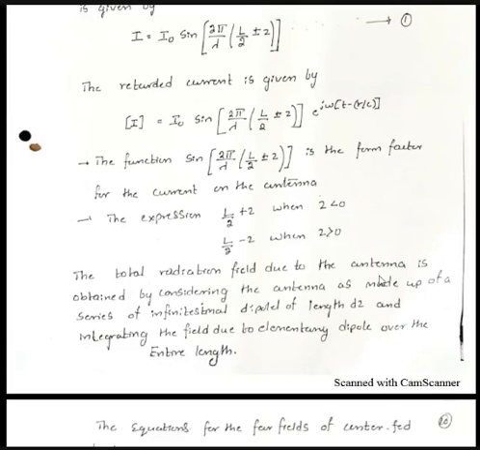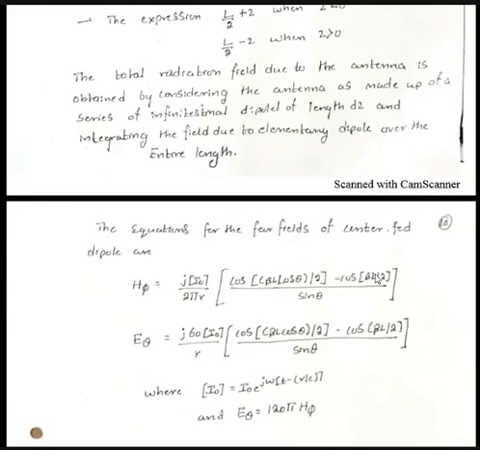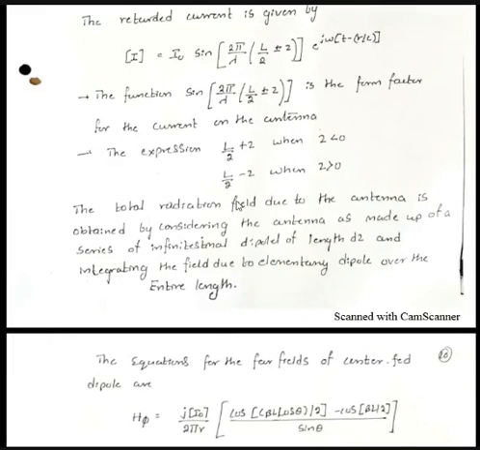The total radiation field due to the antenna is obtained by considering the antenna to be made up of a series of infinitesimal dipoles of length dz, and integrating the field due to the elementary dipole over the entire length. So what are the equations for the short dipole, or thin linear antenna, considering the far fields, if it is center fed? H phi is equal to j I naught, the retarded current,